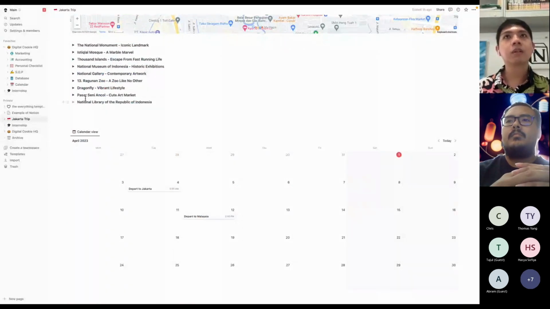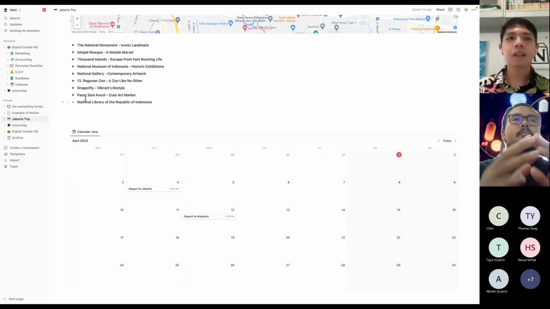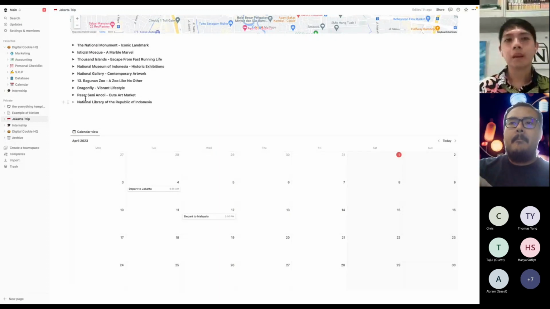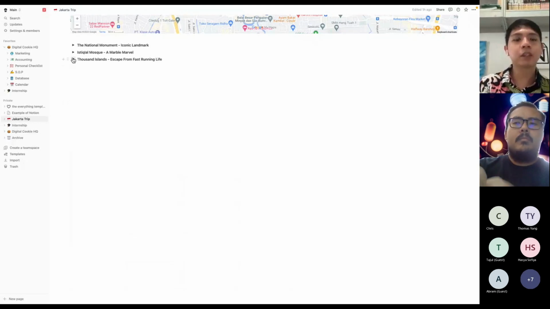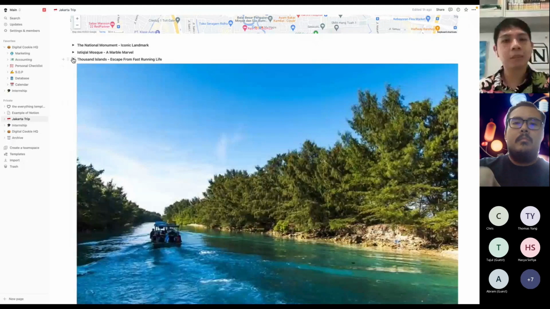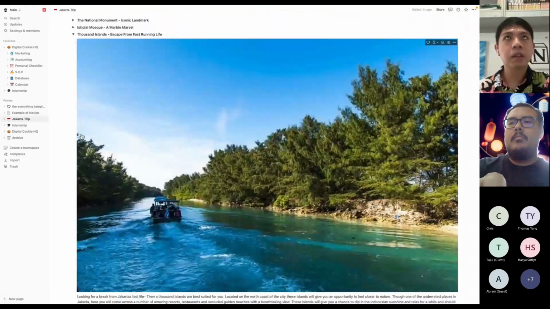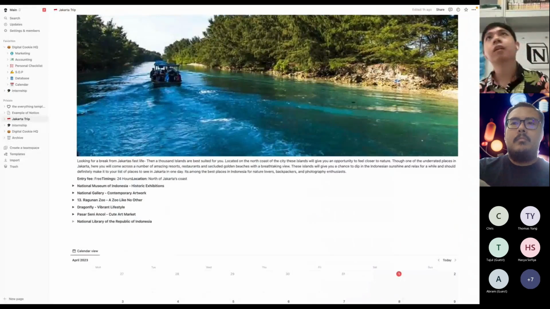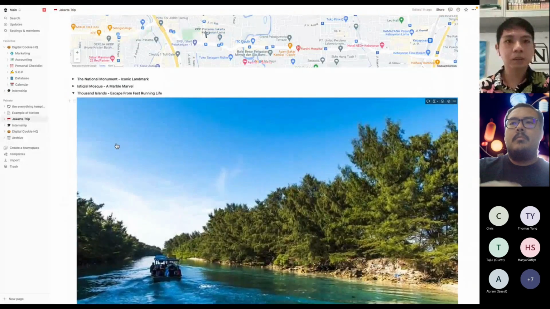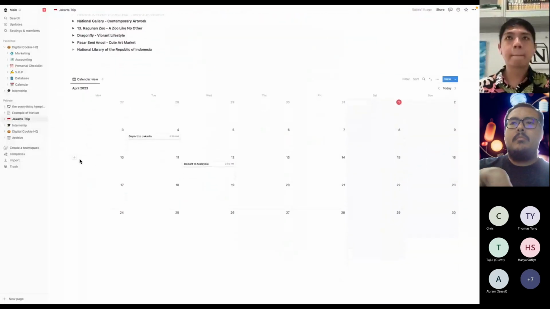Hasia, you have one question: does Notion require any coding to set up tasks? So you don't need coding to set up tasks, but you do need some understanding of formulas. If you have used Excel before, right? If it's a bit more complex use case, you might need formulas. But in general, you don't need coding or even formulas, to be honest. If we have time later, I can show you an example of setting up a very basic Kanban board, which I think we have time for. Let me just check. Okay, yeah, I think we should have time. So yeah, just some examples of more personal use cases.